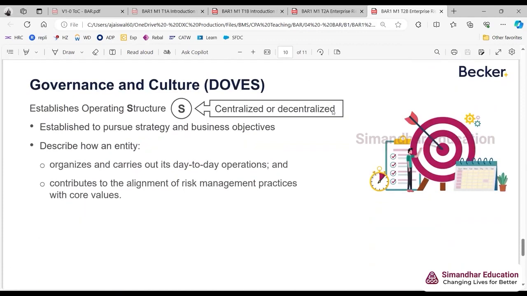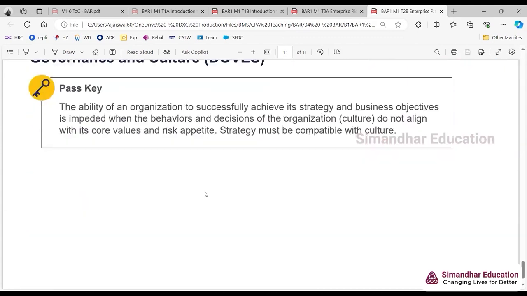Operating structure, centralized or decentralized. So two types of structures are there in any organization. It can be either that the headquarters is controlling each and everything, or it can be on a decentralized basis, where each and every location has a power of its own for taking decisions. If they are able to take decisions at a localized office, at a branch office, then it is called a decentralized structure. But if they are not able to, and for every decision they have to ask the headquarters, then it is a centralized structure. Nothing is right or wrong, it can be both ways. It depends on the organization what they want to follow.